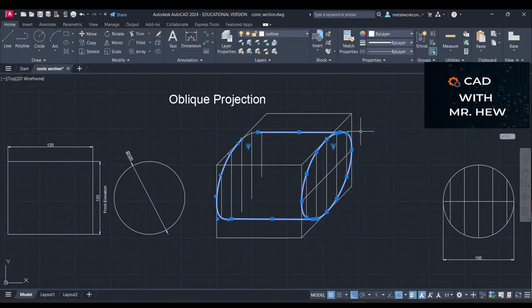All right, so here is our oblique projection of the three-dimensional object when we're given the two-dimensional views on the left of the